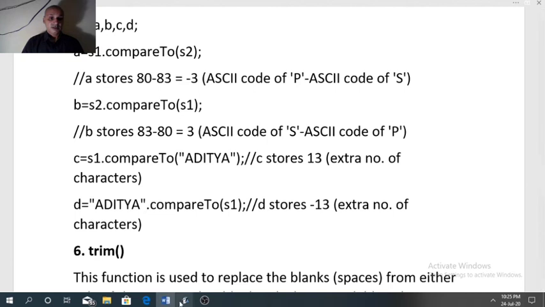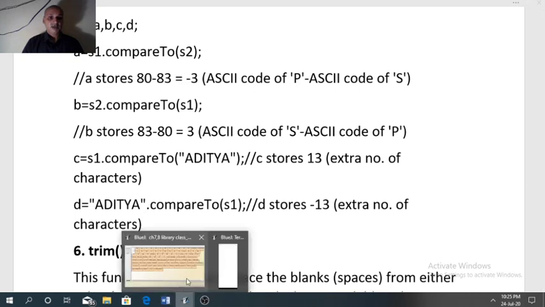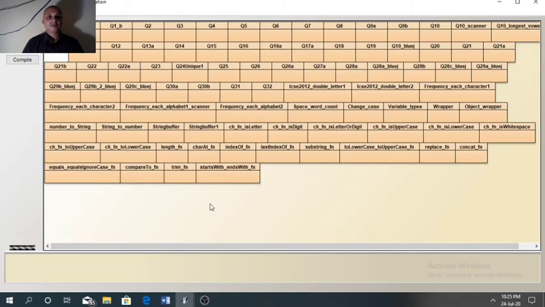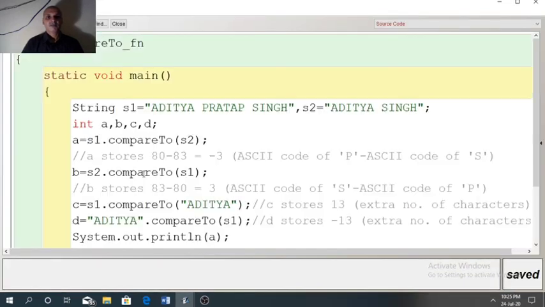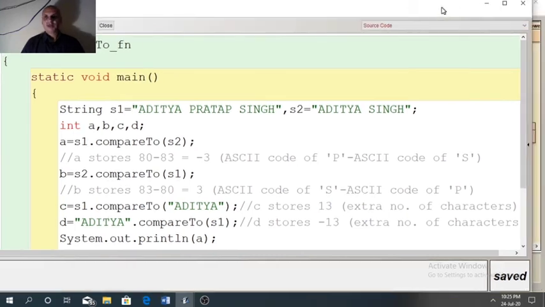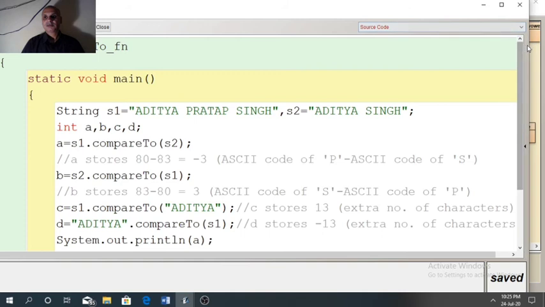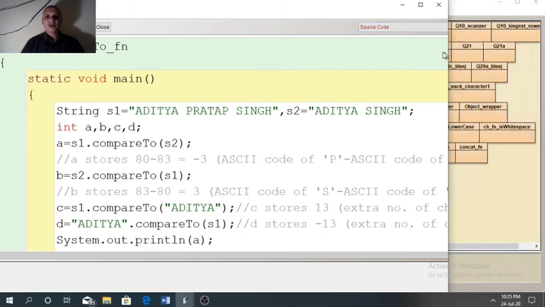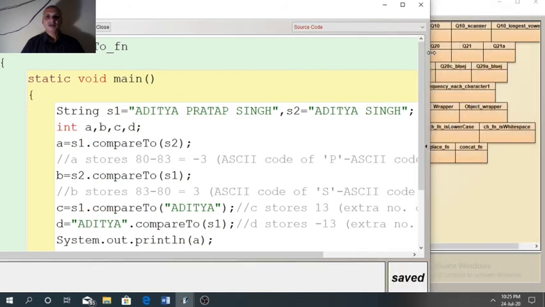Now see the program and its output. The program code is the same that I have just now explained. We need to only verify the result.